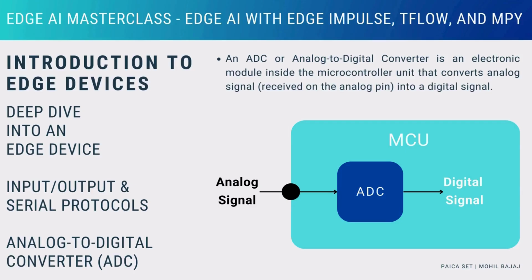Welcome again, everyone. In this video, we're going to explore analog-to-digital converters, or ADCs, a supercritical component in edge devices. An ADC is a device that converts analog signals into a digital signal, which your computer or microcontroller can then process. Think of it as translating a smoothly varying temperature reading into a format that your digital thermostat can understand